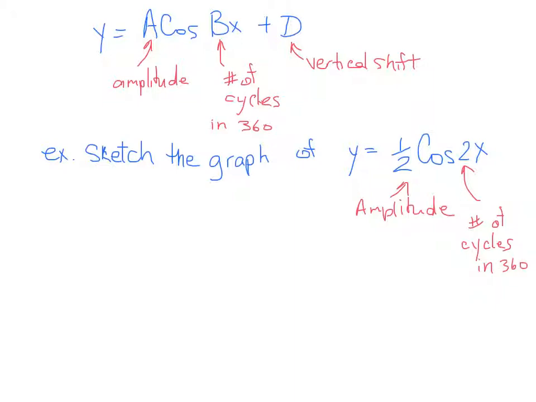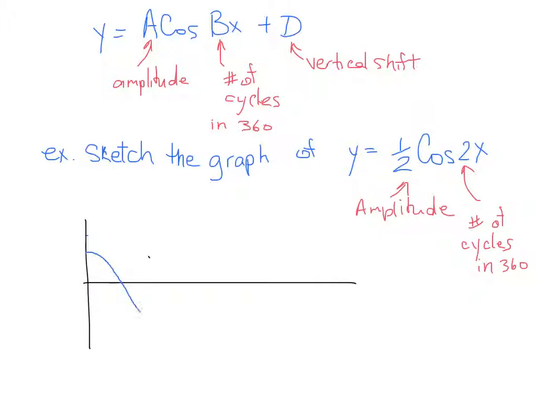And there is no vertical shift. So that's good because the vertical shift is actually the hardest thing to figure out there. All right, so in sketching this graph, again, I usually just sketch the graph first and then get the numbers in after. So we know the shape of cosine, and so we can put that in. So our cosine graph looks like